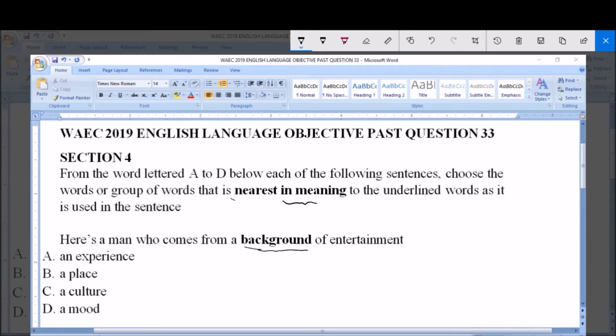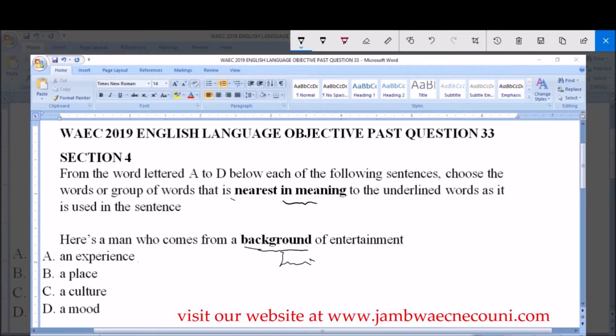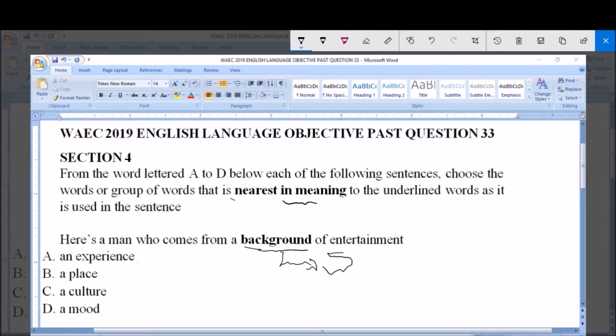Now, option A is an experience, B, a place, C, a culture, D, a mood. Now, the first thing I will do is to state the meaning of background, and then I will also proceed to state the meaning of each of the options so we can see or pick out the one that is nearest in meaning. Now, background could mean or usually means social